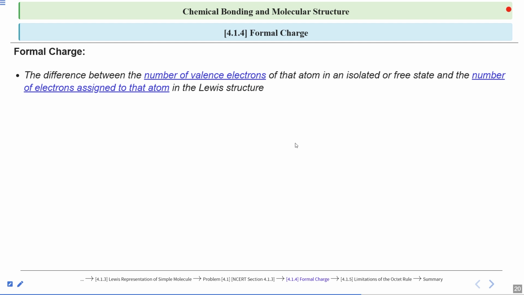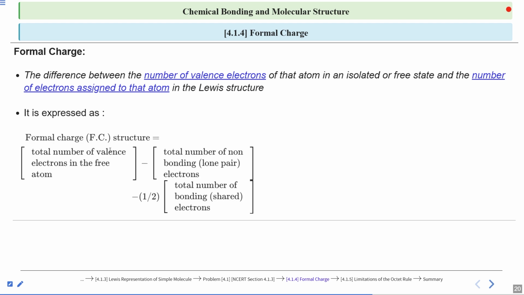Now this is the formula to calculate the formal charge. Very simple. Take the total number of valence electrons first, then subtract the total number of non-bonding electrons, and again subtract half the total number of bonding electrons. Look at this formula and try to memorize it right now, because I will use the same formula in the upcoming slide for the O3 molecule, and it is very important to understand this concept